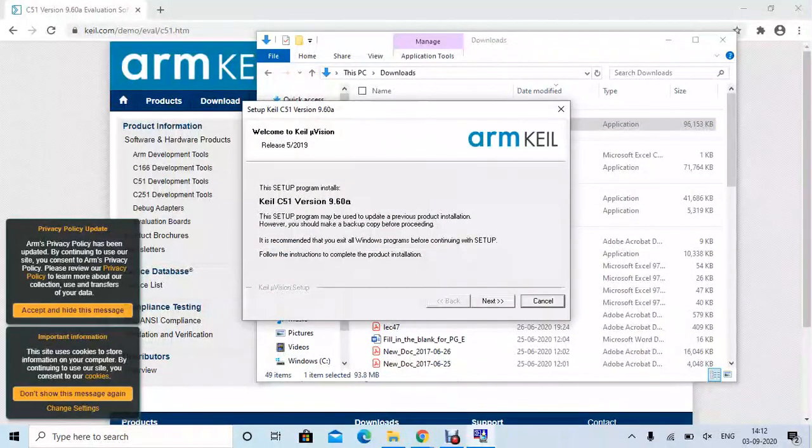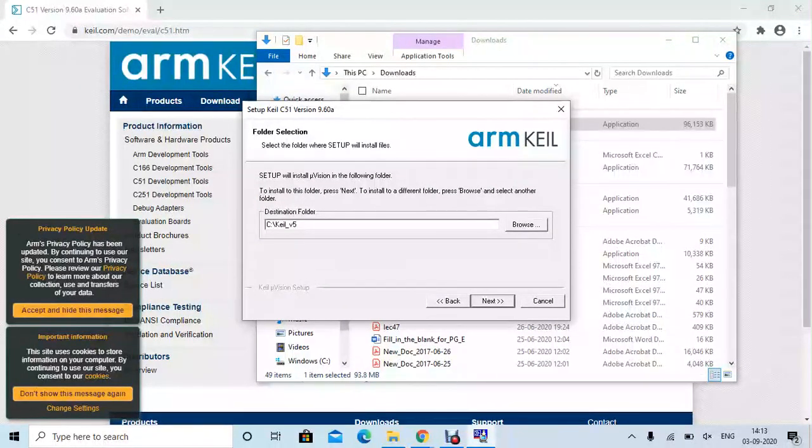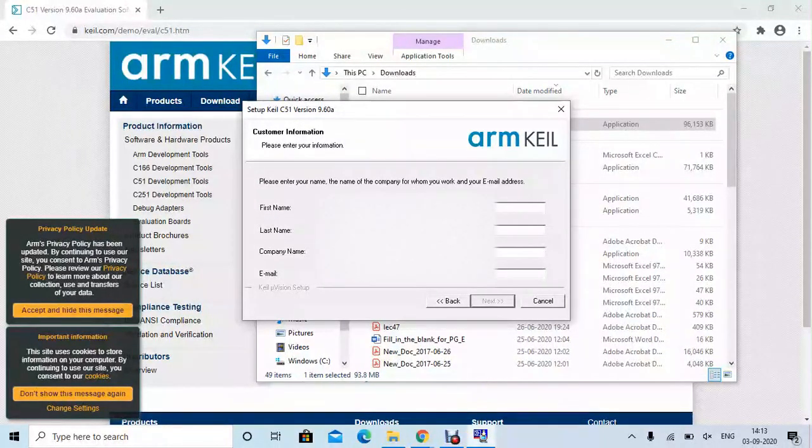Next, this dialog box will open. I just press the next button, and now it will ask whether I agree to the terms in the license agreement. So I have to click on this checkbox and then press next, and then next. And here I have to give the personal details like name, and then the company name.